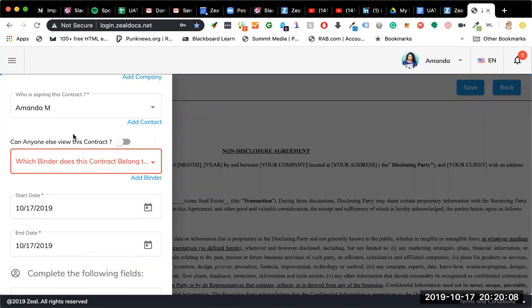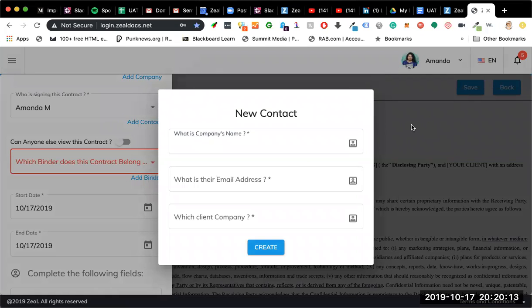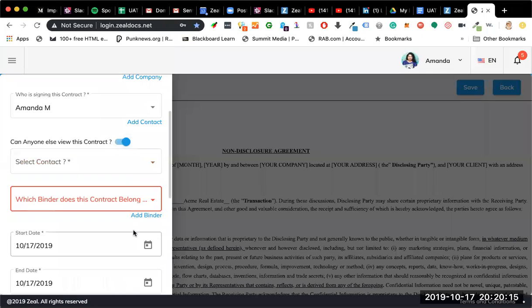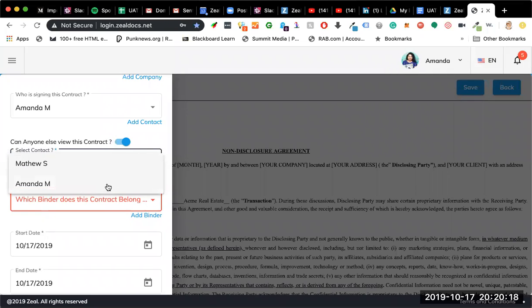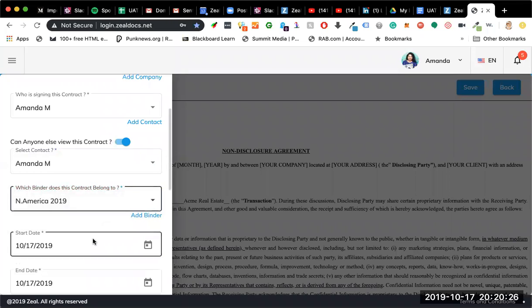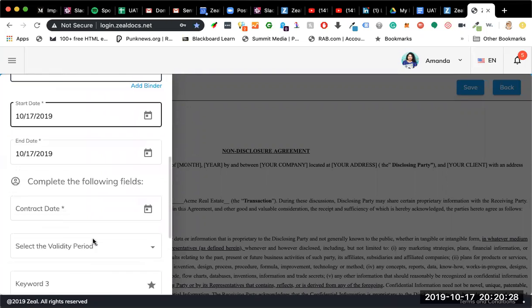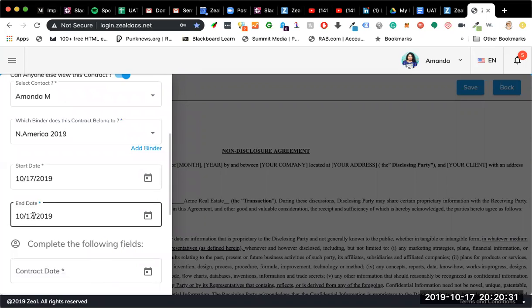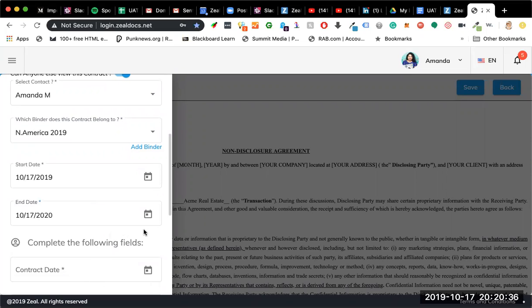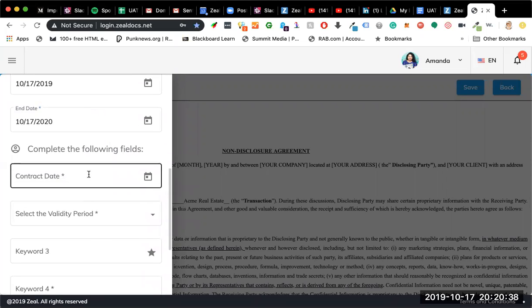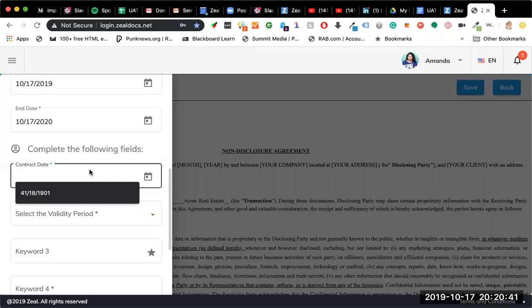Okay, so binder. So this would be okay. We could add one, and the company. So this is kind of under... Yeah, we want that, right? So let's make that Matthew. We're changing all the defaults for the first ones just to screw with it. Let's make it